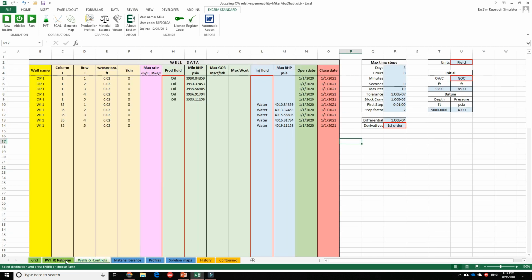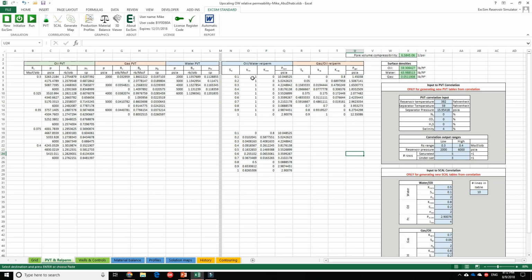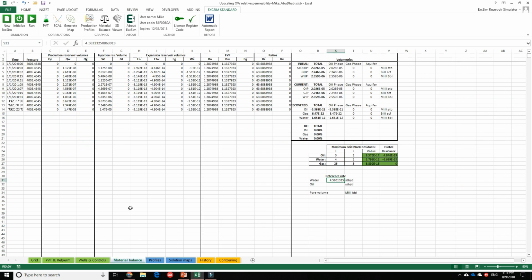And I'm going to do the same. I'm going to change that to 0 and let oil flow at 100% capacity. And here, because I'm injecting water in one end and producing oil at the other end,